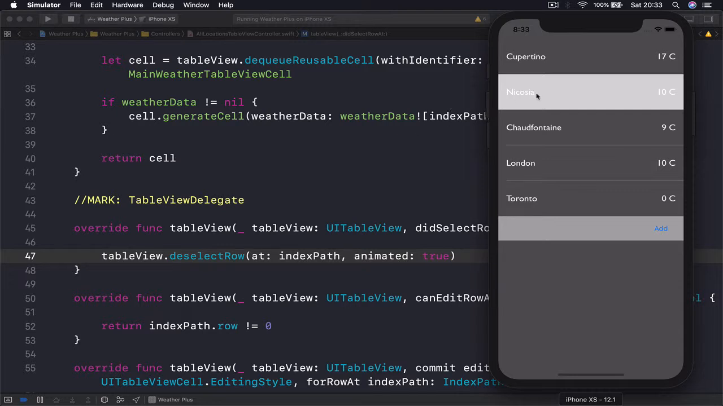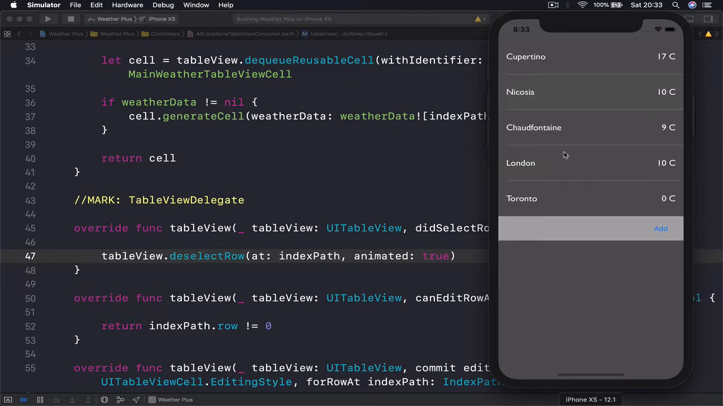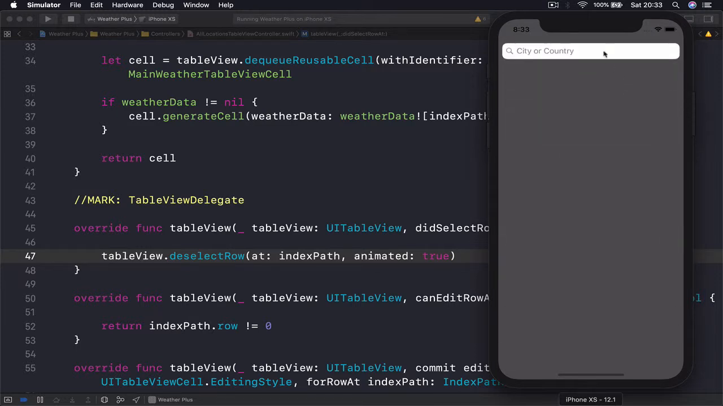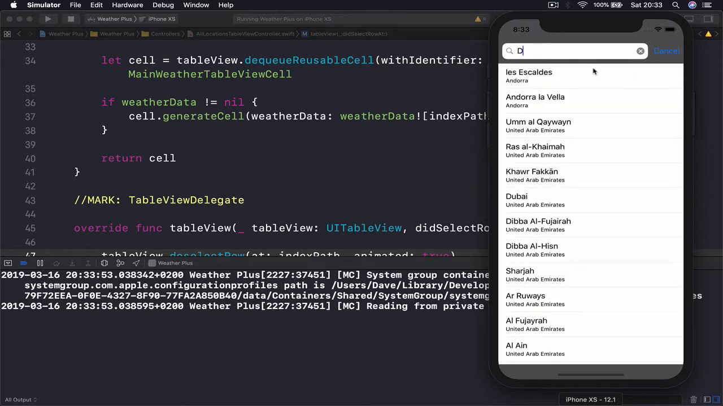So we know that whenever we are going forward, so let's say from our current weather view to this view, we can use prepare for segue to pass information forward. And from here, whenever we go forward to this view, we can pass it through our prepare for segue. But when we choose a city from here, let's say Dublin,